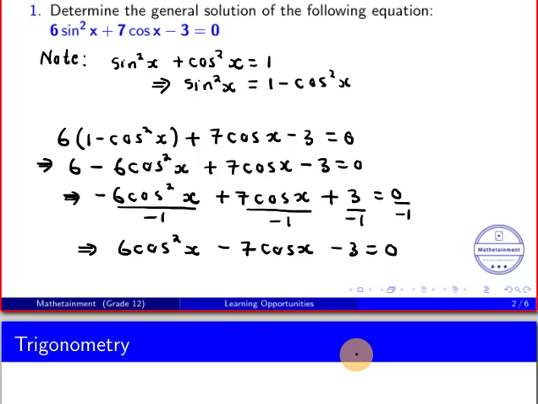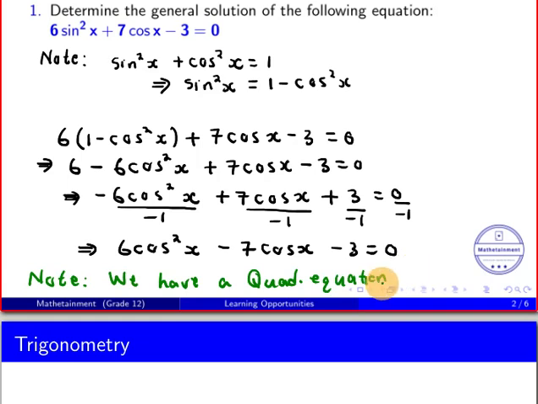So what do you notice here? I'm going to write this again as a note. It is worth noting that we have a quadratic equation in terms of cos x. Now we have a quadratic equation in terms of cos x, not in terms of x, but in terms of cos x. So you can go ahead and use our famous quadratic formula to find the two values of cos x,